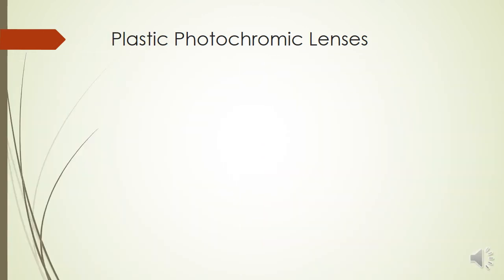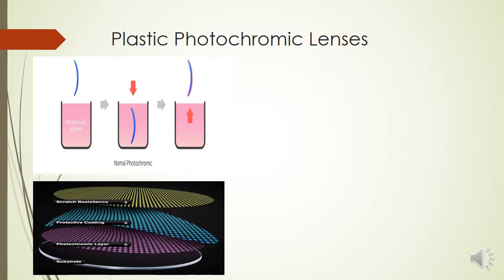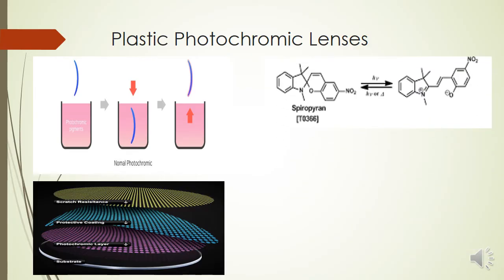Plastic photochromic lenses are a bit different as compared to glass photochromics. They are generally made with the help of imbibition technology or the front surface coating technology. The material used here to achieve the photochromic effect is a class of chemicals called spiropyrans. Now spiropyrans, a common name which we might all have heard about, is indolino spironaphthoxazine. This is a chemical which will react whenever there is UV light on it,